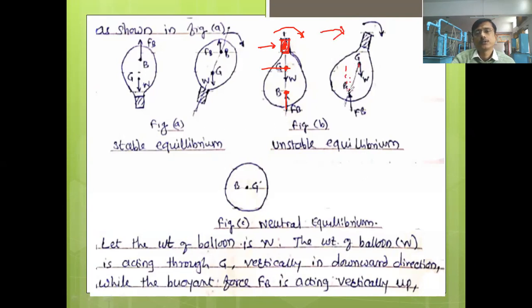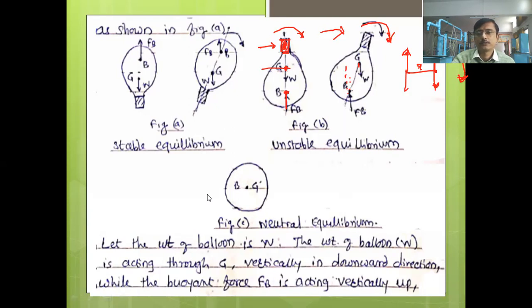Now if you look at this couple, let me know from your side what is the direction of this couple, whether it is clockwise or anti-clockwise. Clockwise. It is acting in clockwise direction. Now tell me, this disturbing moment is also in clockwise direction, and the moment of this couple is also in clockwise direction. Whether this balloon will return to its original position or not, are there any chances that balloon will come back to its original position?